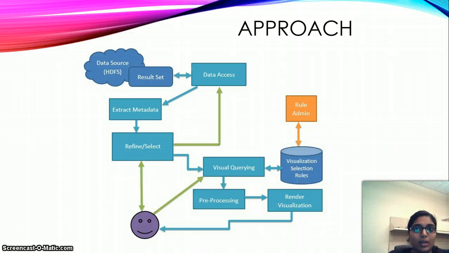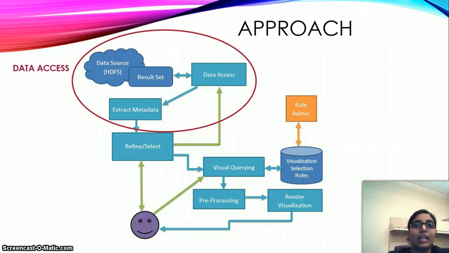We have designed a system as four independent and loosely coupled modules. For the sake of implementation, we have decided to use some modern technologies, but modularity ensures flexibility in these choices. The first module is the data access layer. In this module, we would extract the metadata, and we would be using MySQL or CSV files for the same.